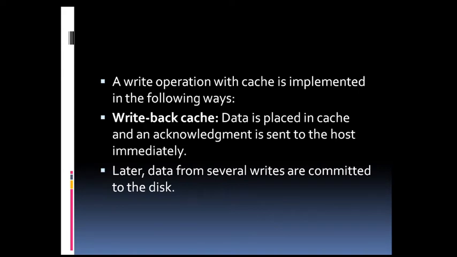So commit is nothing but saving it into the disk here. Once it is saved in the disk, even if the cache fails, the data is going to be safe. In case of uncommitted data, that data will be at risk of loss if the cache failure occurs, because that data is not saved in the disk.